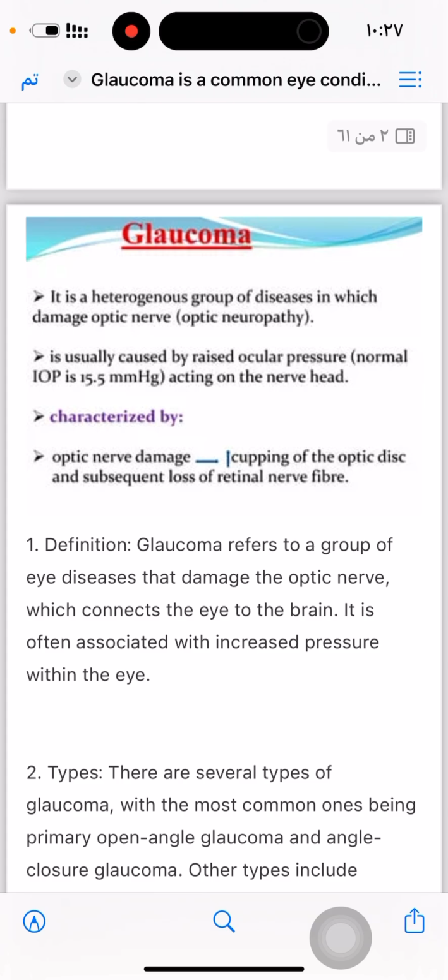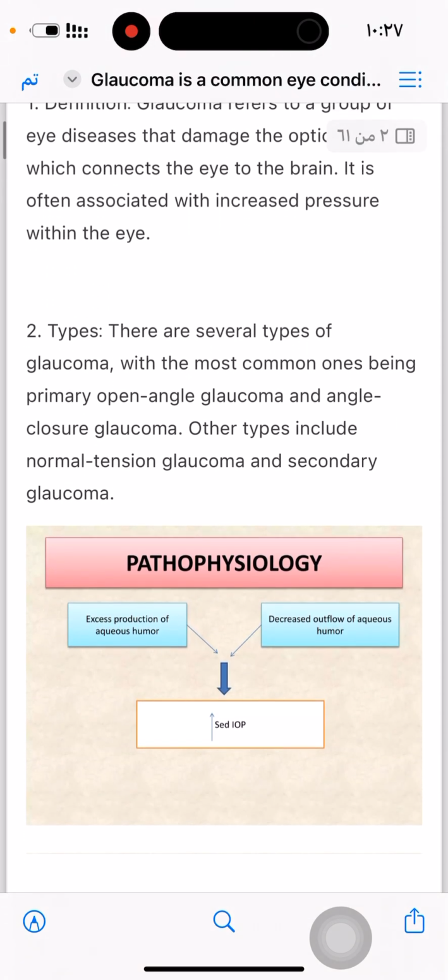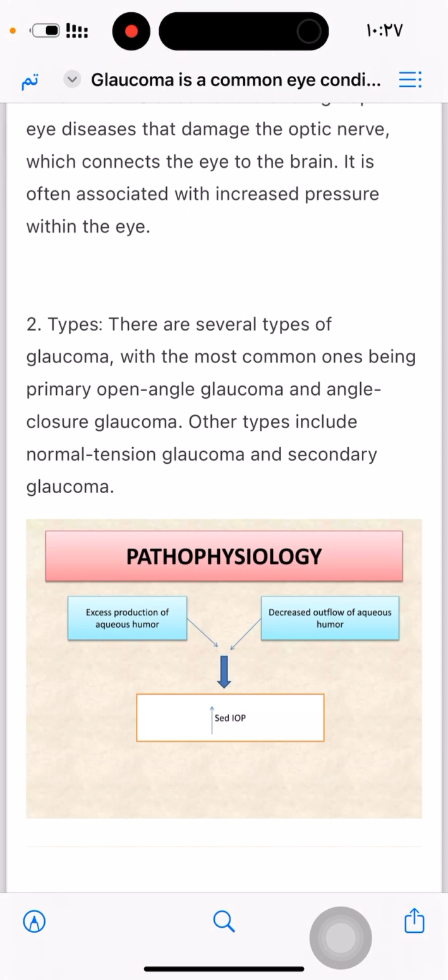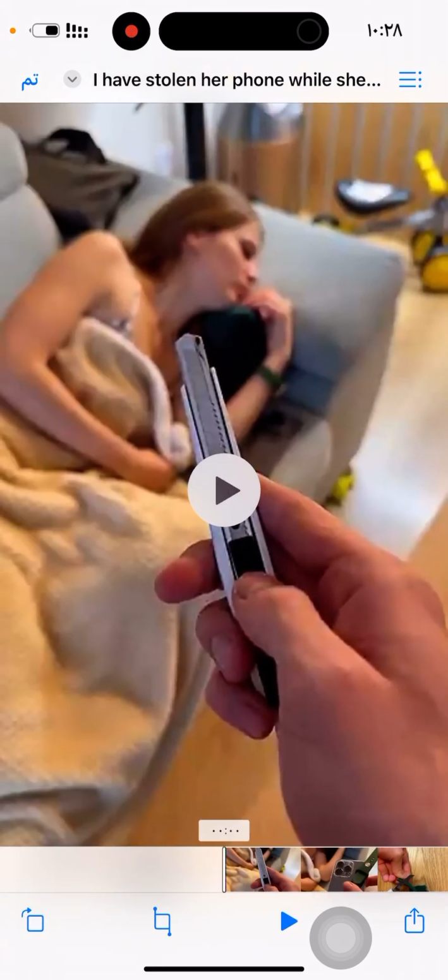Glaucoma is a heterogeneous group of diseases characterized by optic neuropathy or damaged optic nerve. It's usually caused by ocular pressure acting on the nerve head, characterized by optic nerve damage, appearing as cupping of the optic disc and a subsequent loss of retinal fibers. As we mentioned before, there are several types of glaucoma, but at first, we must know about